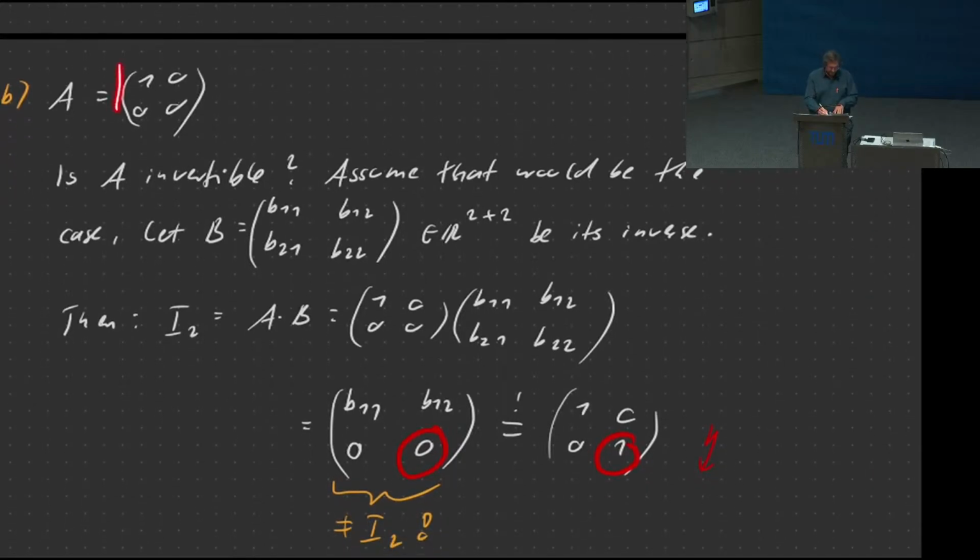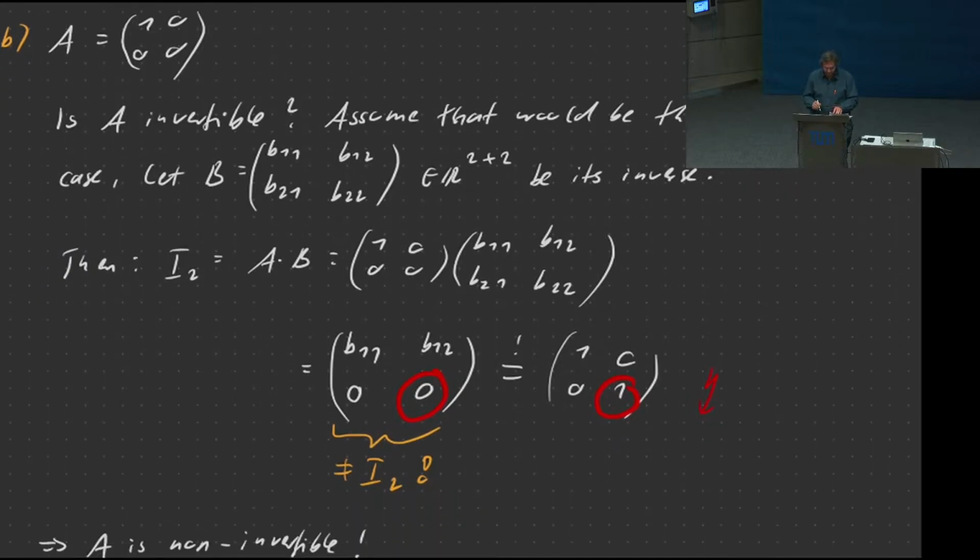On the other hand, if we look at this matrix here, we can find out that this does not have an inverse. We just verify this by trying to find the inverse and taking a general B. We know that B has to be of the same size, so a 2 by 2 matrix. So we take a general B, we carry out the matrix multiplication A times B, and we get this result here. And what we see is that the second row is an all zeros row. And of course that is because the second row here is an all zeros row, right? So that produces the second row of the outcome. We've seen that in 4.6.